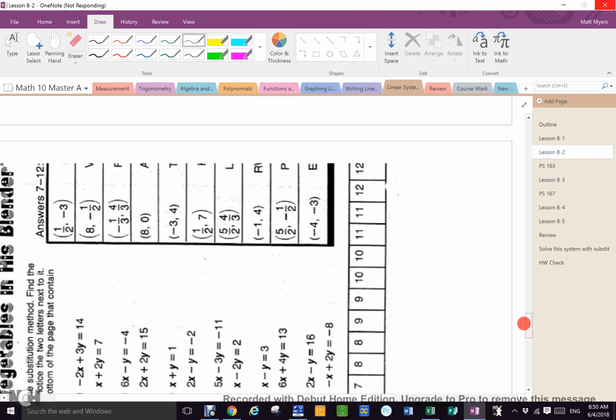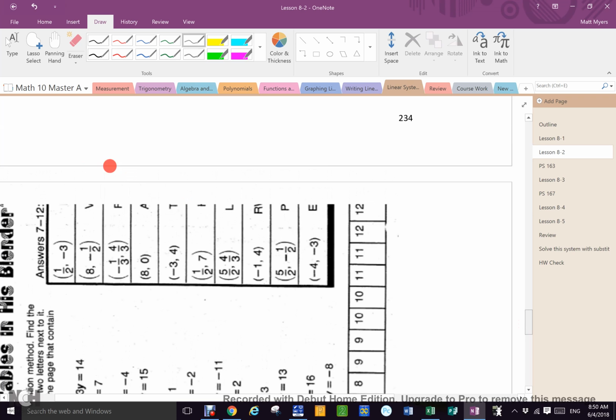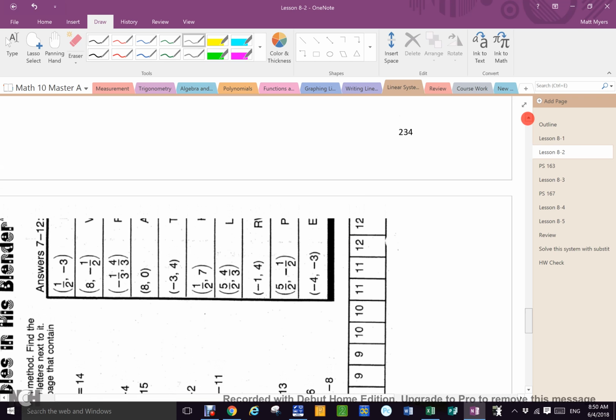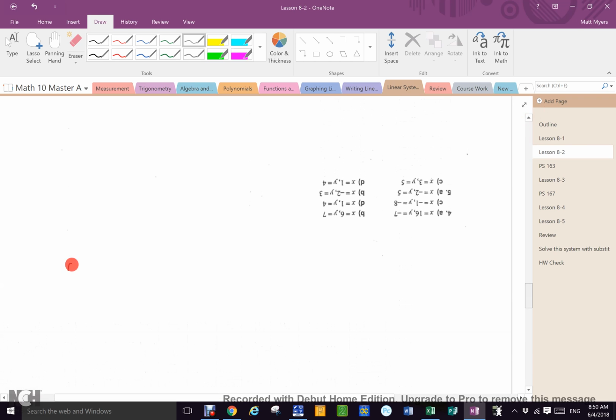My puzzle sheet is slightly cut off. I don't have all the letters up here, but you guys do. So your job today is page 234 and 235. Okay? Now, I will finish